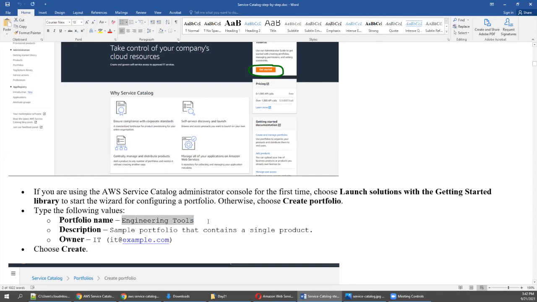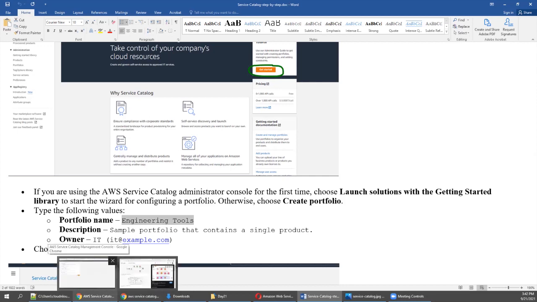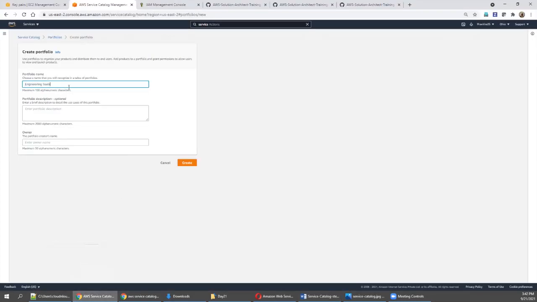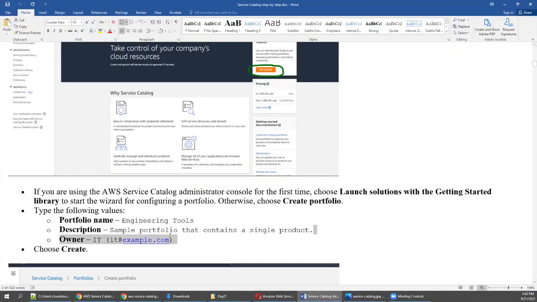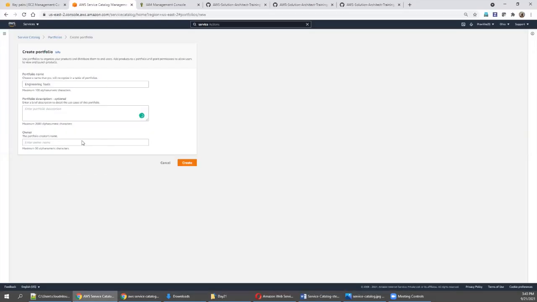I'm going to do exactly what I mentioned in this document. So engineering tools, go here, and the portfolio description is up to you. Sample portfolio that contains a single product, meaning we are now making one single machine. If you want, you can mention any description according to your deliverable.